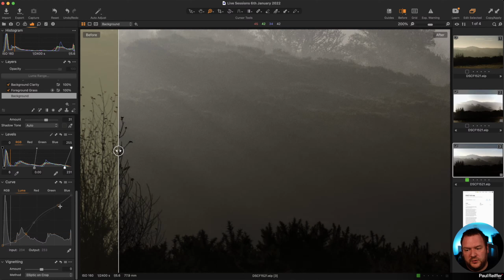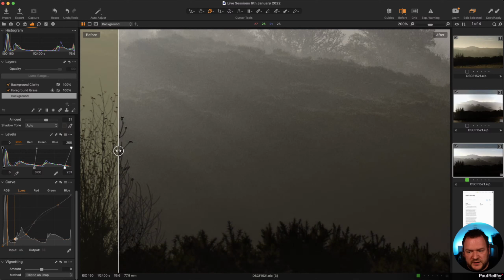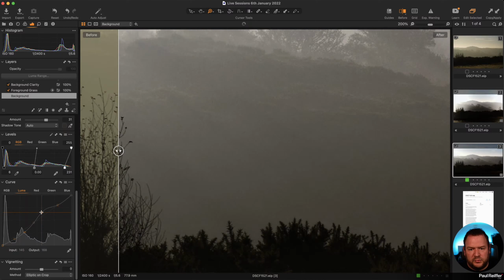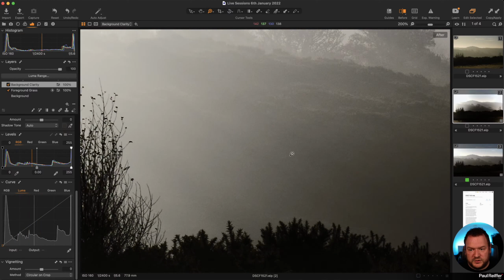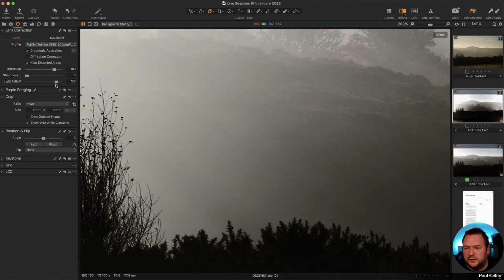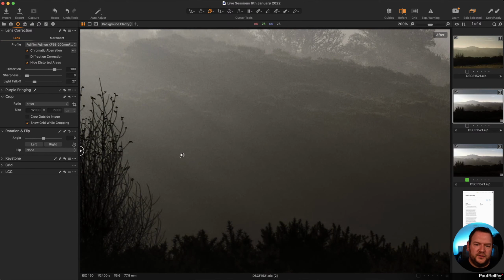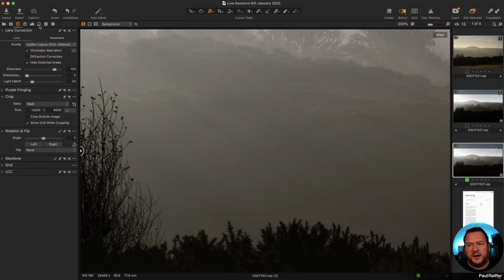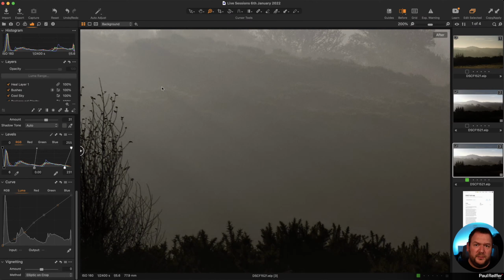It's because Jamie's used the curve to get back all this detail in here by pushing down some of the shadows and brightening up some of the highlights. But in doing so, you're introducing micro contrast, you're adding contrast at a local level, and that can be perceived as noise. So if I go from here, which was the original, let me just pull back that light falloff. So quite a lot of noise and artifacts up here, to this one, which has had that curve just settled down a bit, just calmed down a bit, then we get to a much better place.